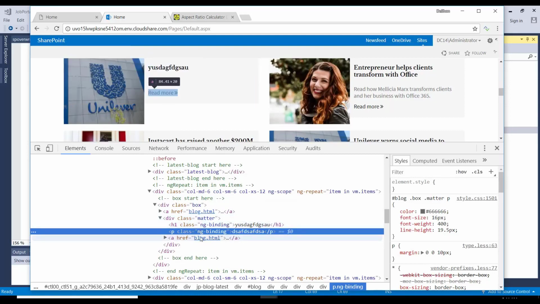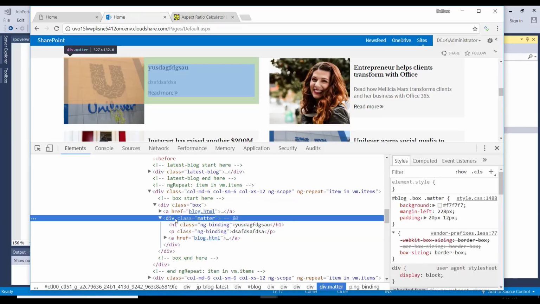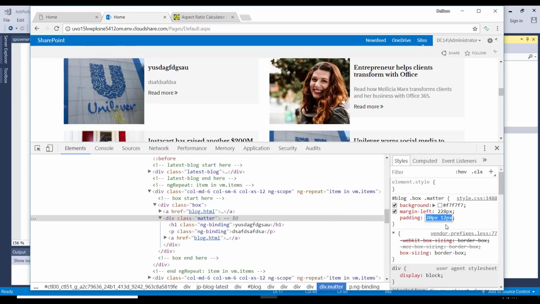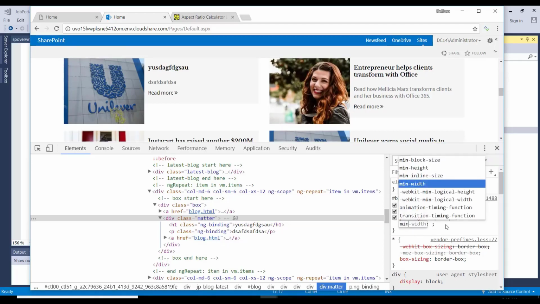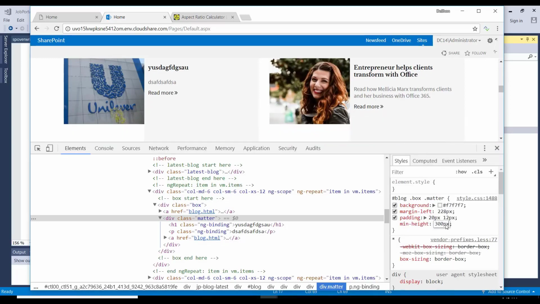And as I kind of mouse over the different HTML snippets, it will let me know in the browser which one I'm actually affecting. So if I look at the div with the matter class, that's the one that needs some help. So what we're going to do is a min height on this guy. This is one of our tricks, and basically just tell it that at a minimum this height should be,